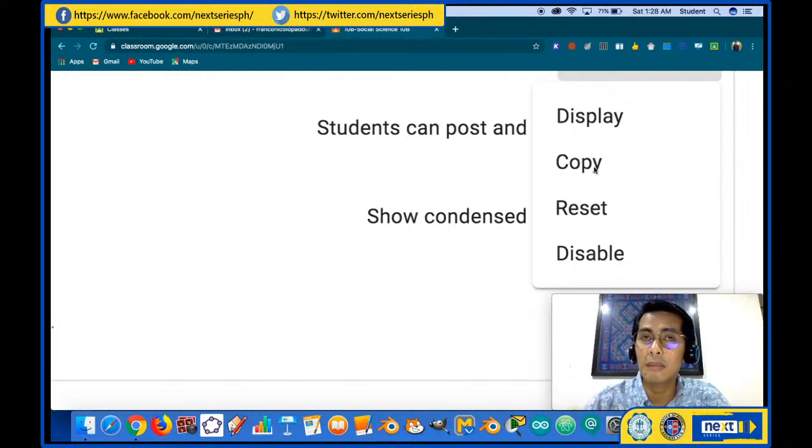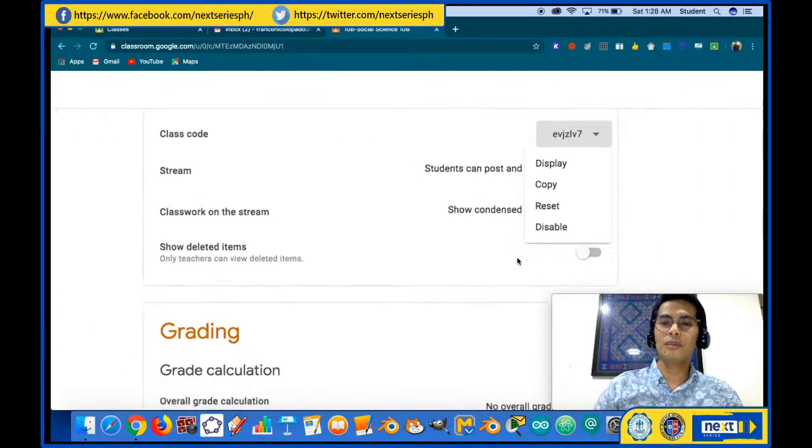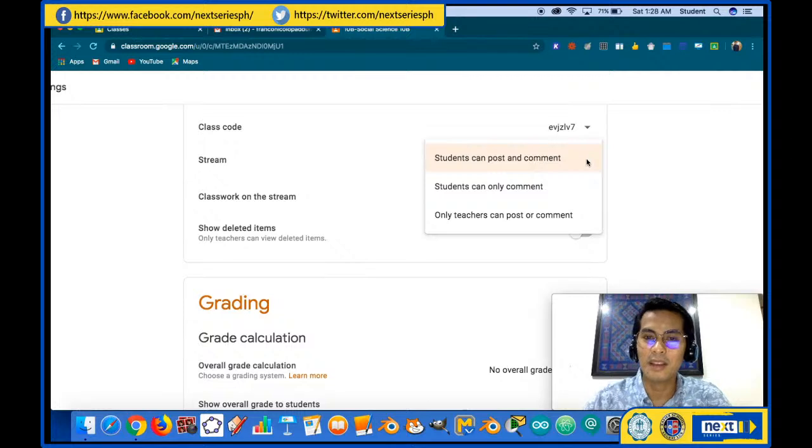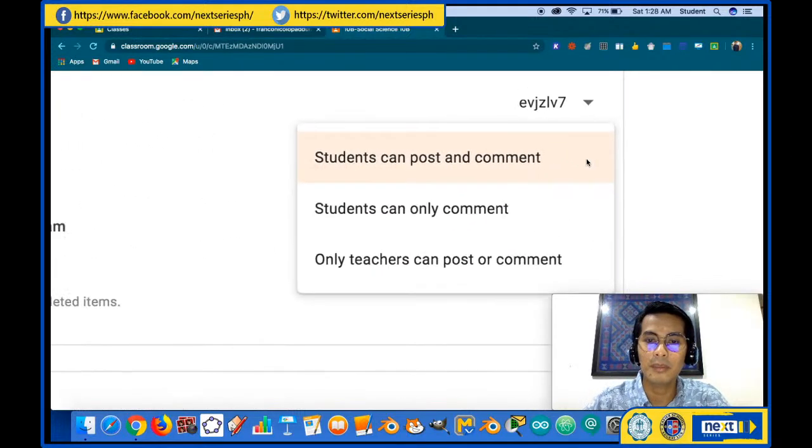Kung sa tingin mo, for example, nag-leak or na-compromise ang iyong class code, pwede mo yung i-reset para maprotektahan ang iyong class. Or totally disable it para walang maka-access ng class mo gamit ang class code mo. Okay? So, it's up to you kung ano man ang gusto mong gawin sa class code mo. Okay? Sa stream naman, pwede mo ring i-control or i-manage ang permissions ng mga